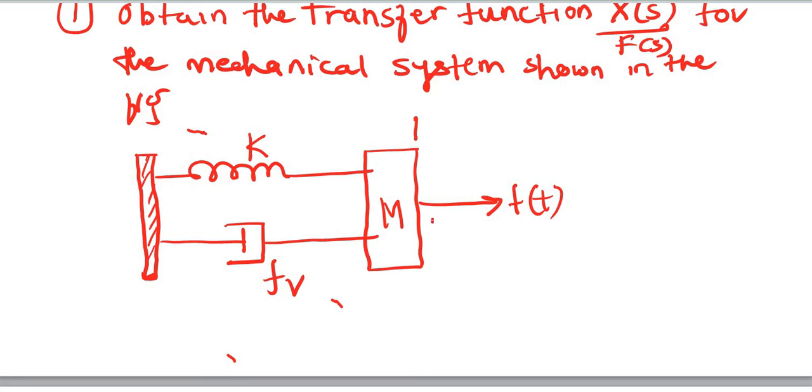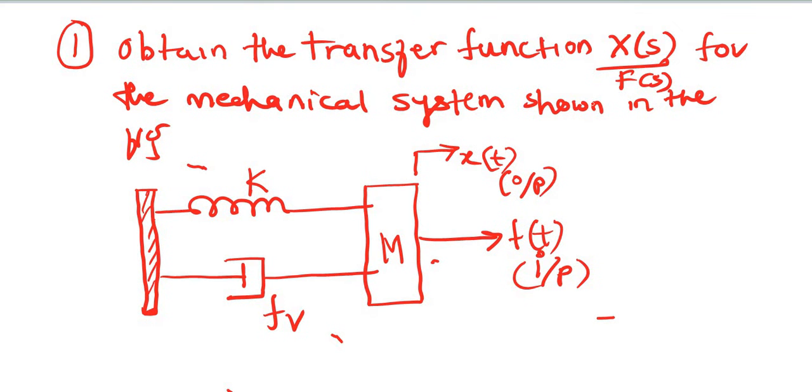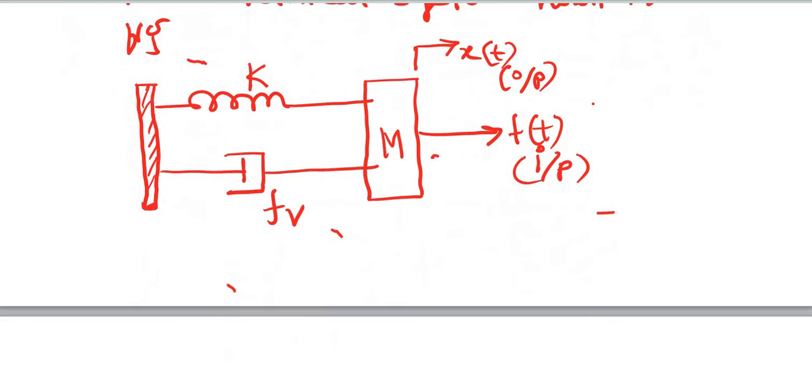So this force F(t) is causing a displacement x in the mass, x or x(t). So this is the given problem. Because F(t) is the applied force, it is considered as the input, and displacement x(t) is the output of the system. We have to obtain the transfer function, which is the Laplace transform of output, X(s), divided by Laplace transform of input, F(s).